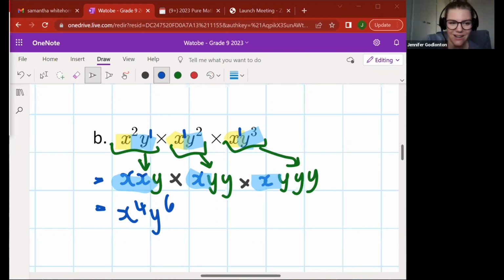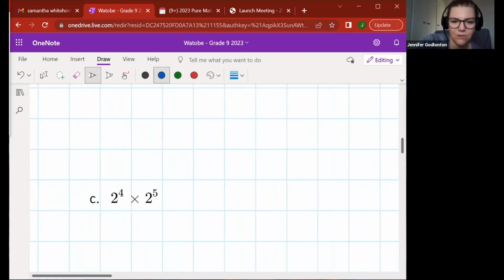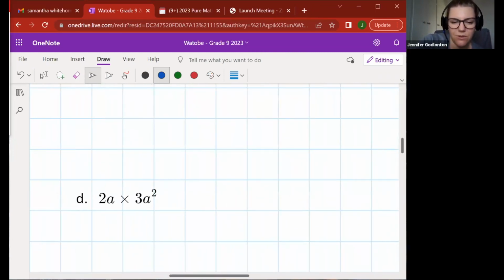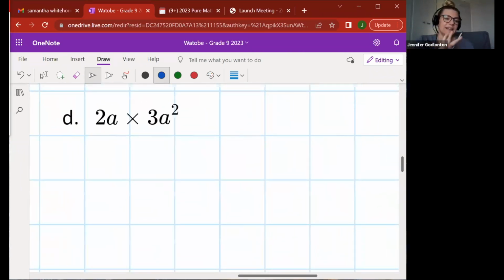Okay, guys, let's try our next one. Let's see how we can progress our way through this. I want to skip that one for the moment. Let's have a look here. Okay. The difference with this one is now we have got numbers. So we have got constants in front of our variables. And that is when we need to start thinking about